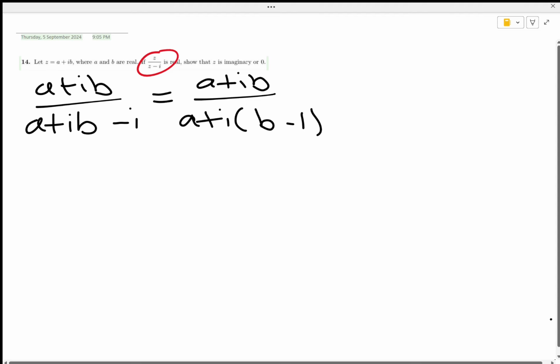And now we have a complex number in the denominator, so we want to rationalize it, as we never want an i in the denominator. So we multiply the denominator by its conjugate, and times the numerator as well,